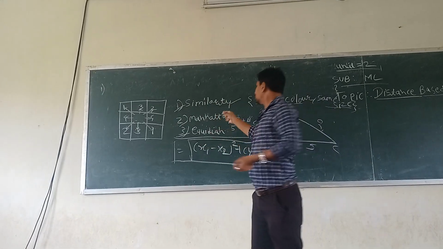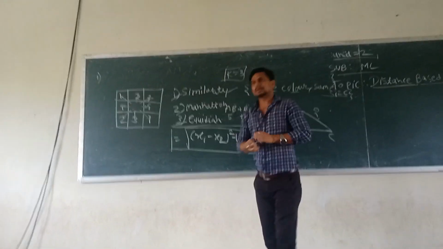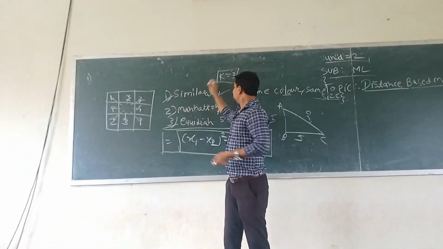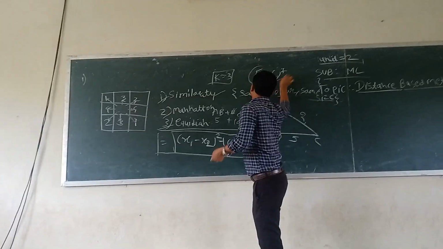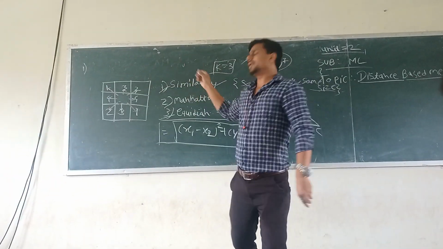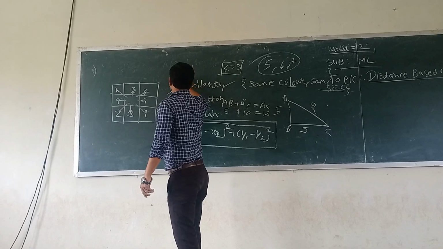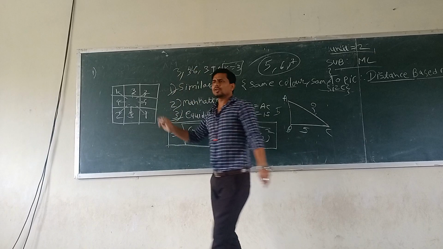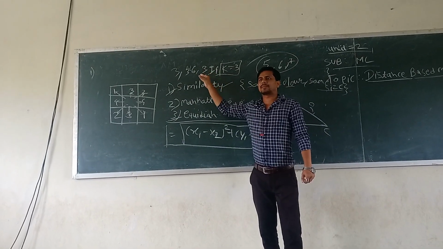Predicted value means, suppose I said I have k equal to 3. I provided the range as 3 only. In that, suppose the output you get is 5, 6 or 7. So this is the nearby value to 3. Or if you have 3.6, 3.9 or 4, which value will be nearby to 3? 3.6, 3.3 will be nearby.